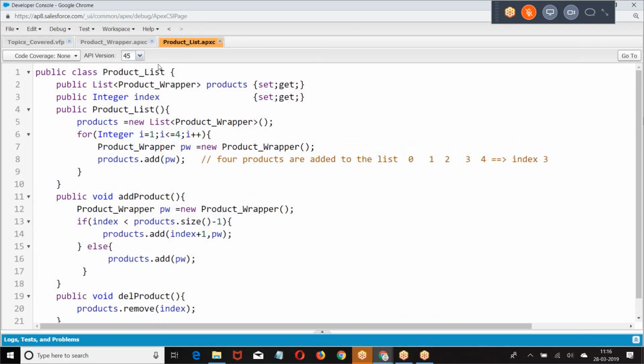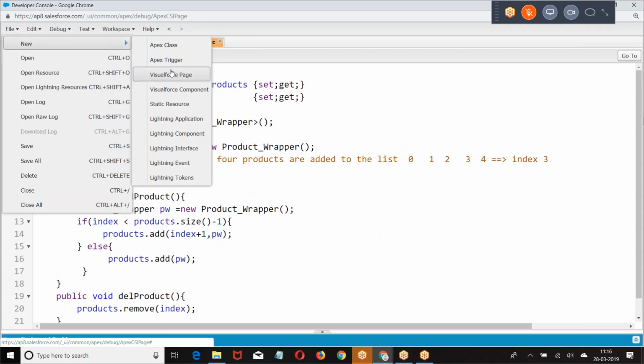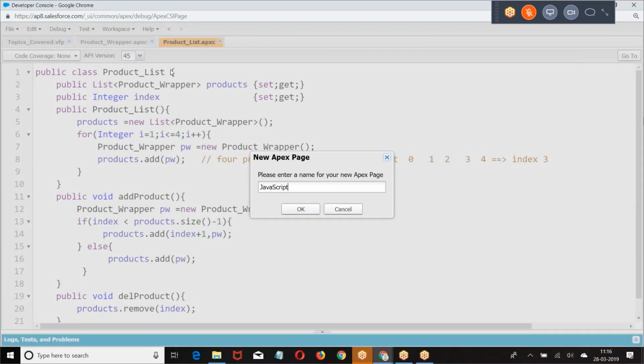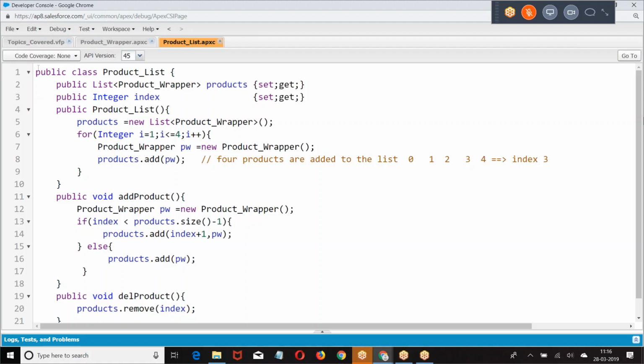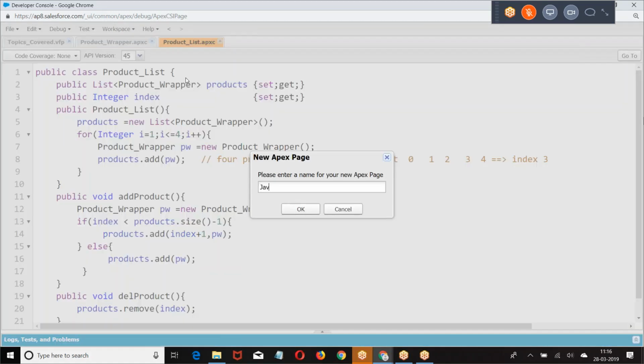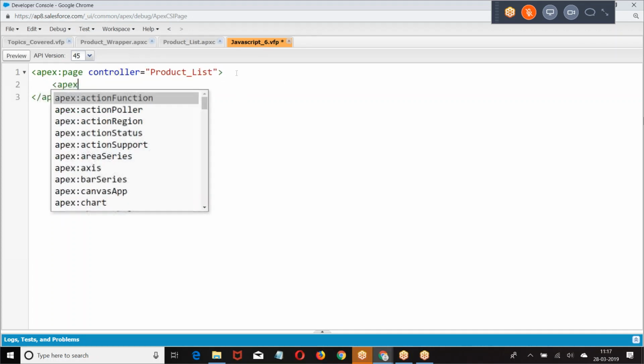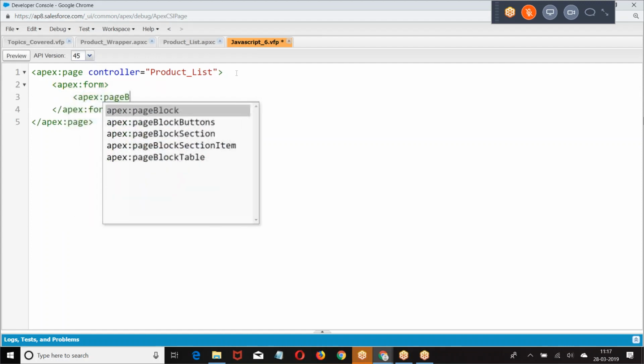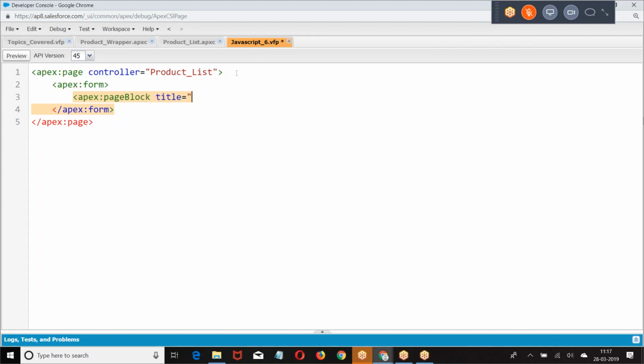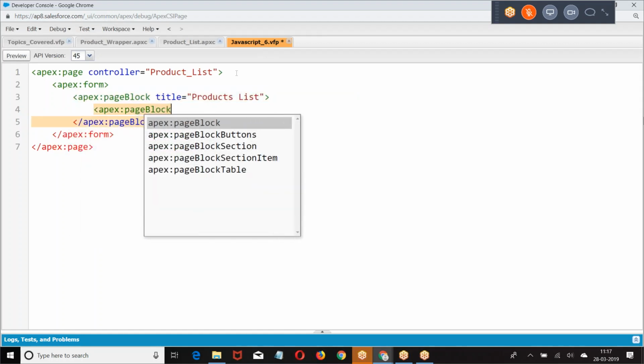Then once you're done with this, let us create a JavaScript. Text. Page block. Page block 2.